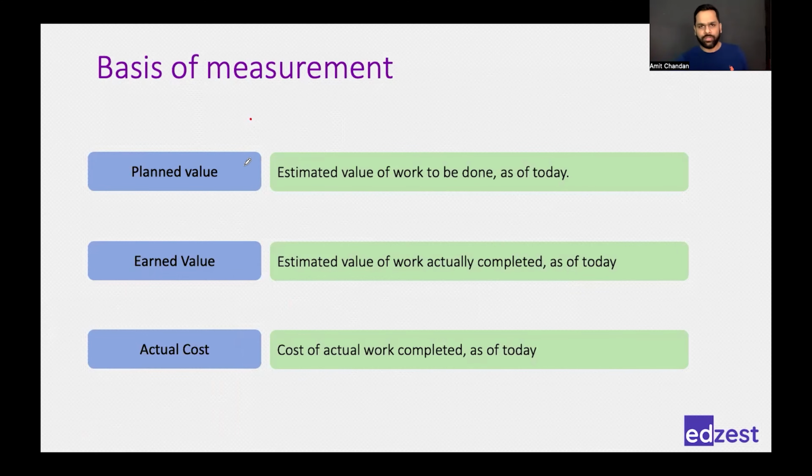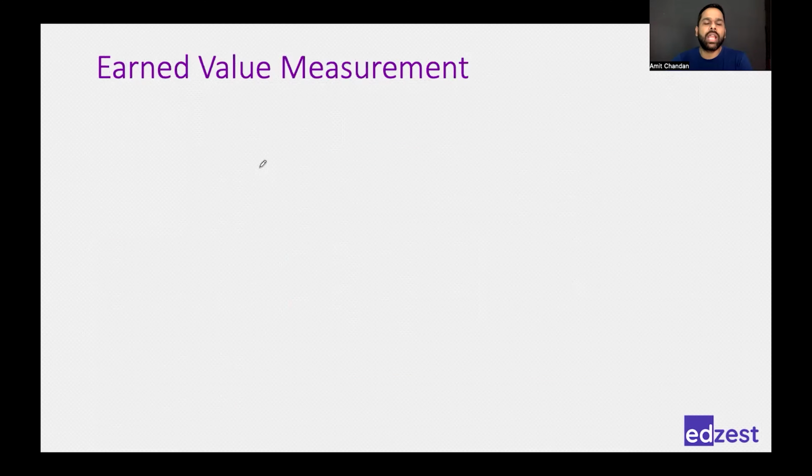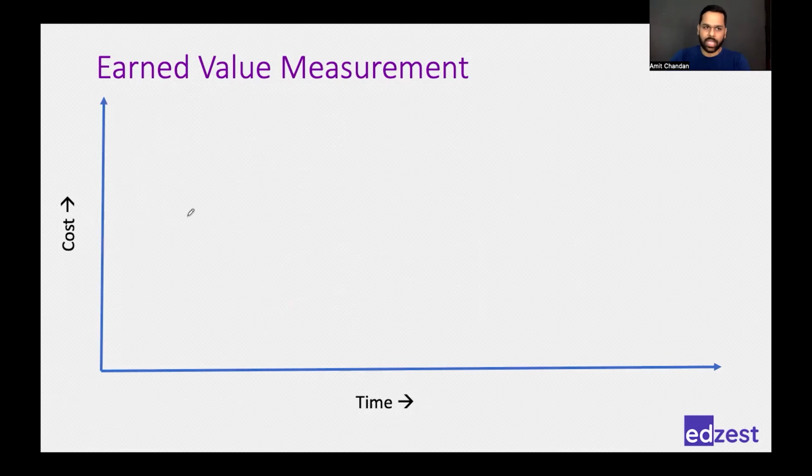Yeah, so these are the basis of measurement. Now, how do we visualize this on our chart? Okay, we put cost on the y-axis, time on the x-axis, and we plot. So when we plot, what would happen? We'll first plot our plan, right? That in the first month I will spend this much amount. Then in the second month I will spend this much. In the third month I will spend this much, and this is my accumulation of the cost. And then again I'll spend some more money, some more, right? Then every month I'll keep on spending, and then I'll connect these dots,